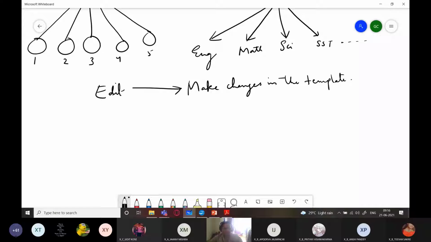The person who has created the template will open it in the edit mode. Because once I make a change in the edit mode, in the template master copy, the changes can be there everywhere else. That is, in all the other question papers which will be created in the future, that change will be reflected. So edit is used for making changes in the template only, right? And open is used to create